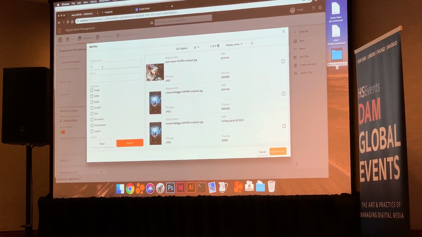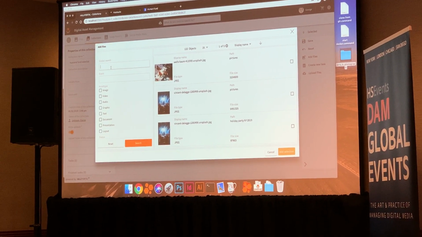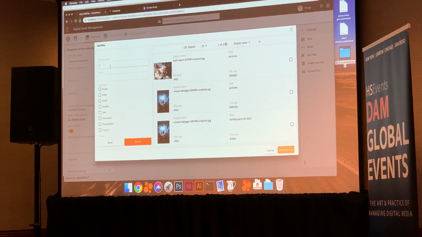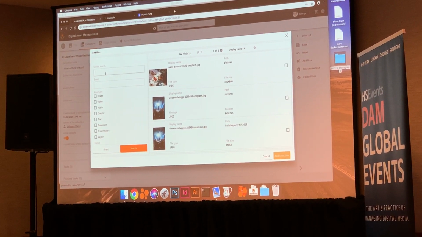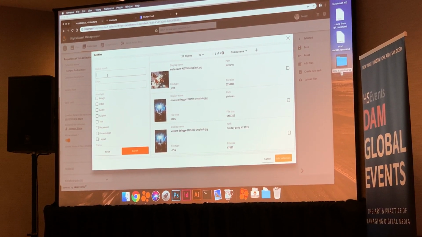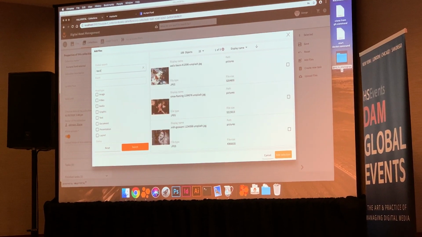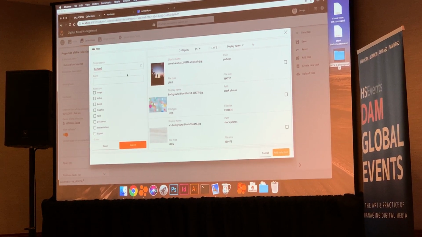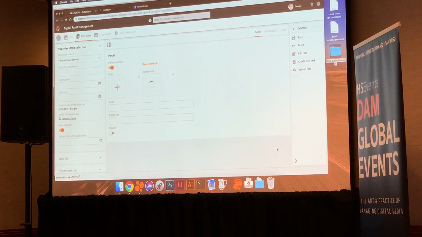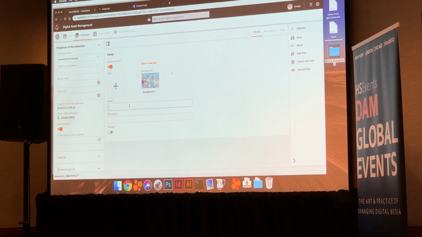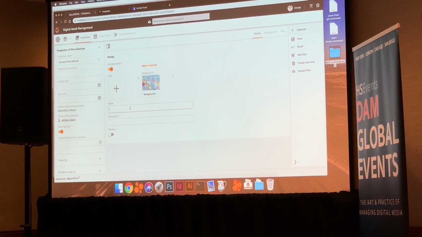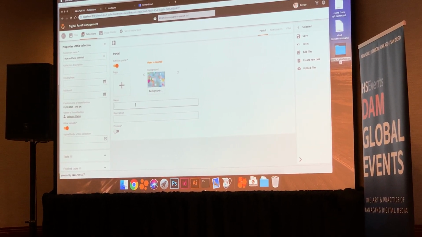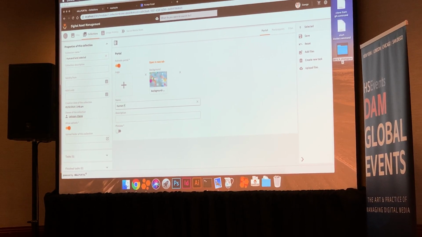Now keep in mind that the layout for this portal is actually a marketing approved template. So that way there's certain elements I don't have to worry about because marketing's already designed it for me. But I'm going to go ahead and at least pick a background that feels festive to the fact that this is a party. I'm not going to add a logo because, again, it's a template from the marketing team and they've already done so. And we're just going to call this the Human Fund